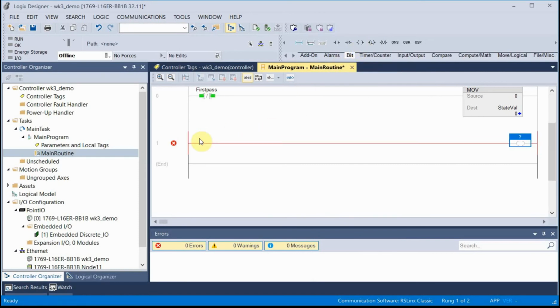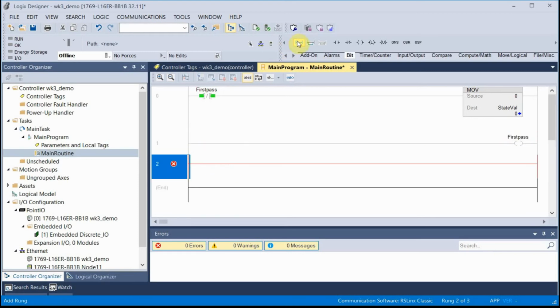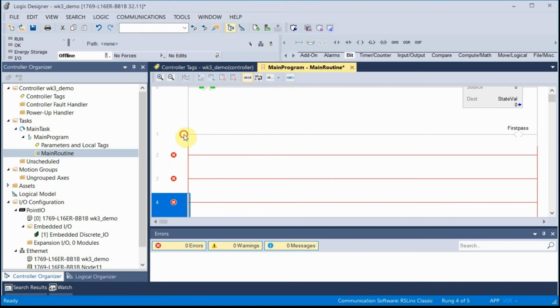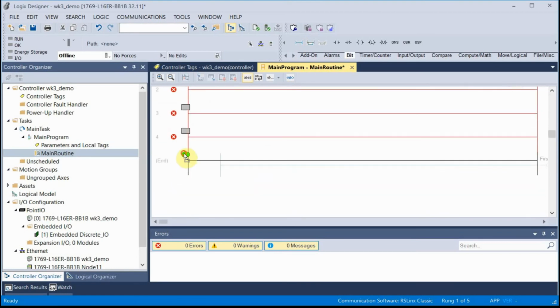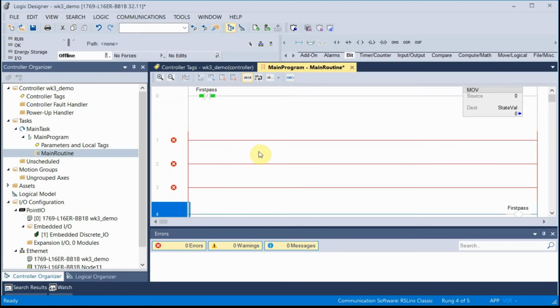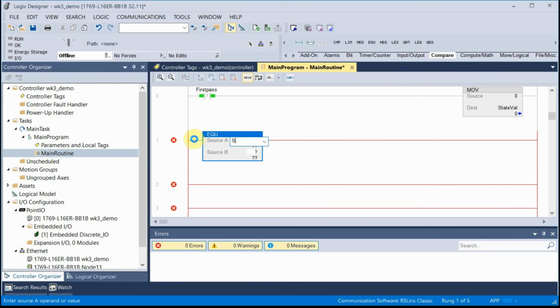So let's do that. Now we have to fill in the blank. So let's add some blank lines here. I'm going to move this down. If I'm in state 0, so we'll put an equal here. So if state val equals 0,